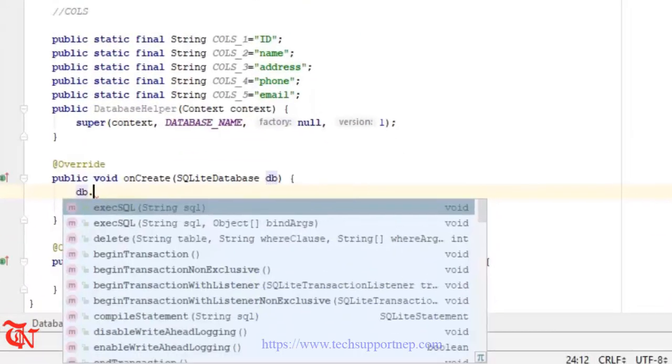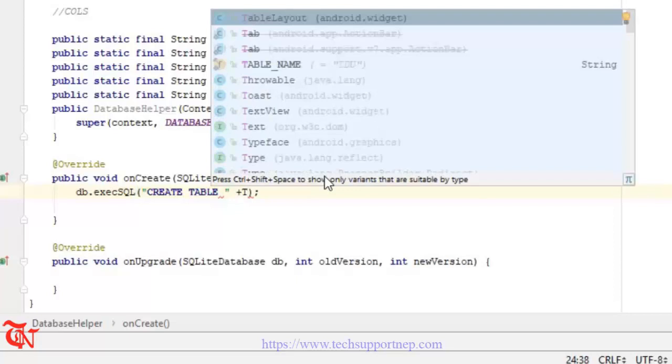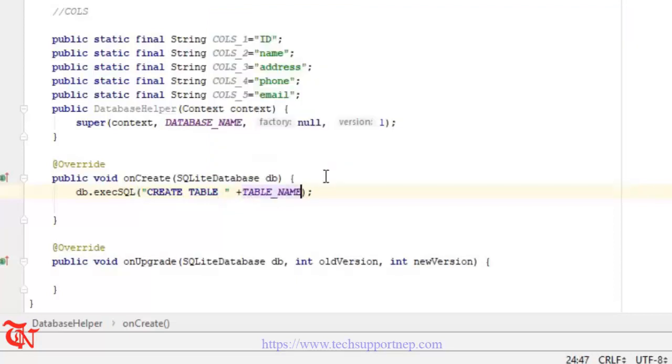So db dot execSQL, and here we are going to write the SQL query, that is create table, one space, and outside these double quotes table name, again plus sign, space and two double quotes, inside two double quotes two parentheses, and inside that parentheses id is integer and it should be primary key and it should be auto incremented,